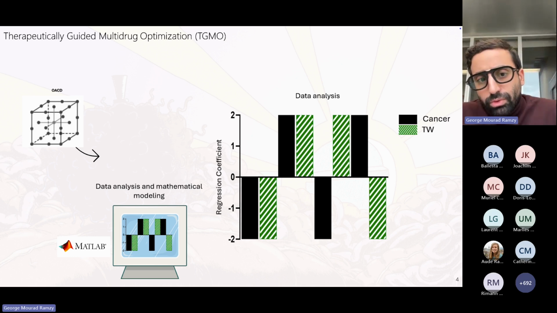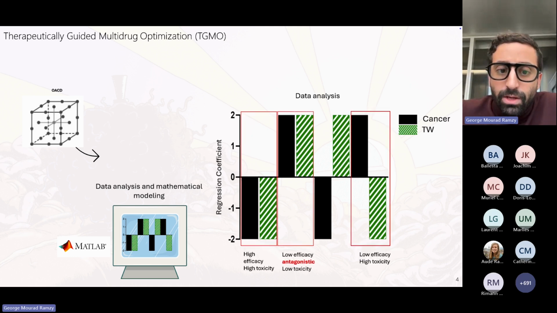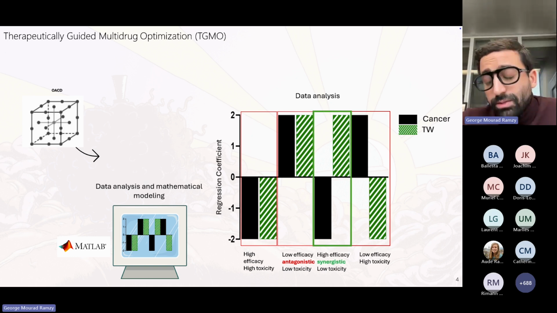For our model, we consider a negative regression coefficient as activity or synergy, and a positive regression coefficient as antagonism or loss of activity. The generated model could give us different case scenarios, like here highlighted in red. These are non-optimal cases for us. It's either high efficacy on cancer cells, but also on healthy cells, or loss of activity on cancer cells while being safe, or finally, no activity on cancer but unhealthy. So for us, our optimal case scenario will be the one highlighted in green, which is activity on cancer